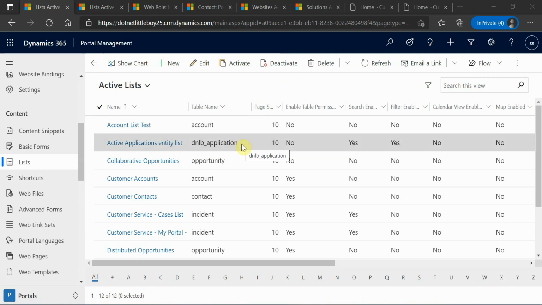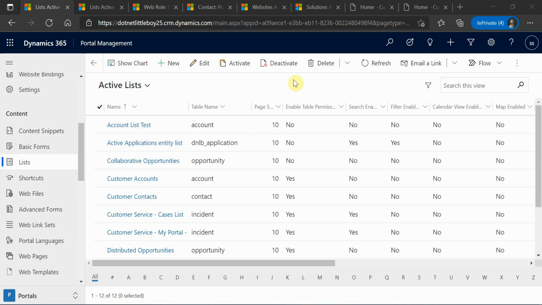But here in this video, I'll show you how to configure the OData entity list. This OData can be used to query your records, and you can consume the data and manipulate it however you want. OData will help you fetch the records in Dynamics using the REST web service, and in REST we will be using JSON. Working with JSON is always easy, and manipulating the data will be easy. So it helps developers fetch the records and manipulate the data using OData. Here I will be configuring the OData entity list, and I'll show you how to use that also.